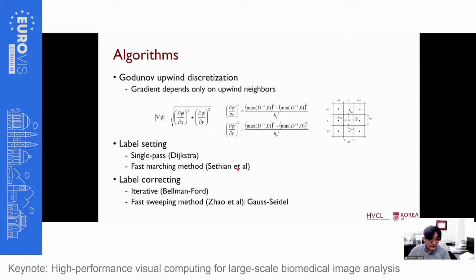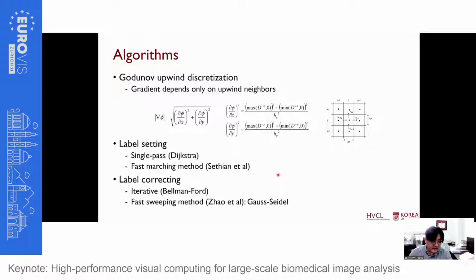And the way that we can solve this numerical problem is definitely using a discretization and an iterative method. People use a very special way of discretizing the given domain, the so-called Godunov upwind discretization, because the solution depends only on the upwind neighbors in the distance field. So it uses only one of the neighbors instead of using both neighbors. It's like using a forward or backward difference. And there are well-known algorithms solving this problem. This is actually very similar to the shortest path problem.